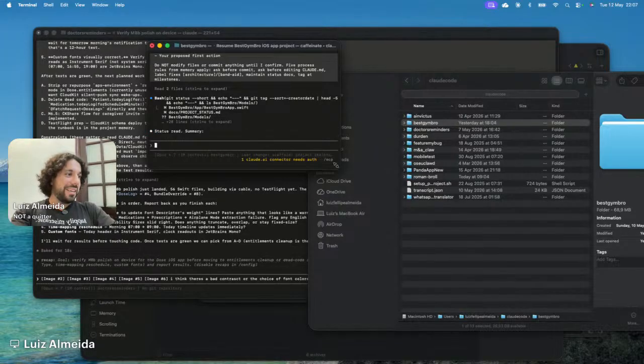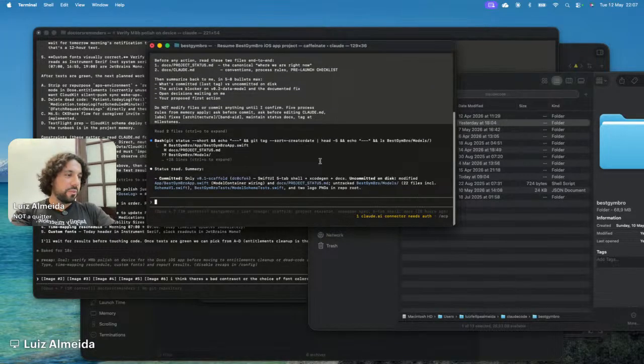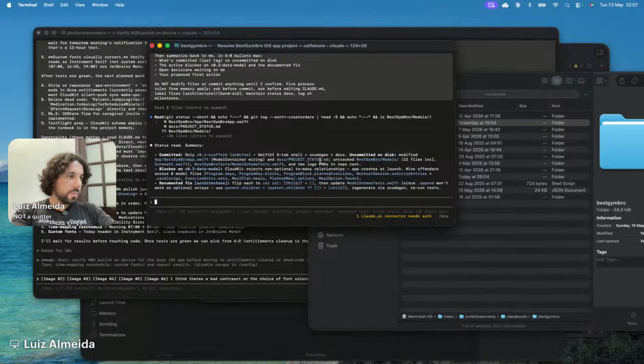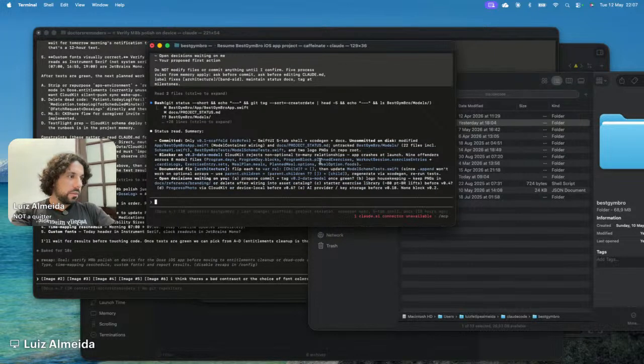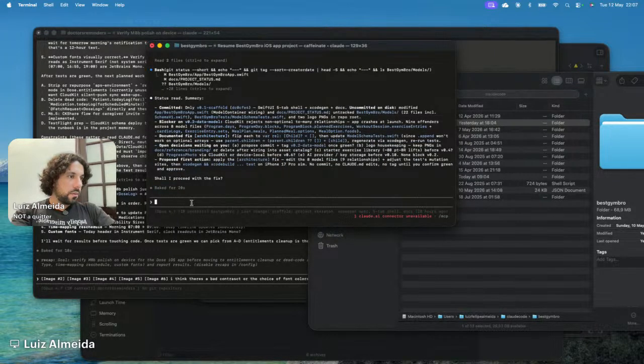I haven't even run it on an iPhone before. I just need enough of it to run locally on a simulator